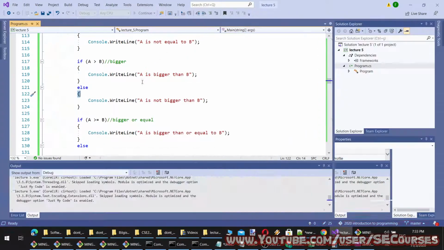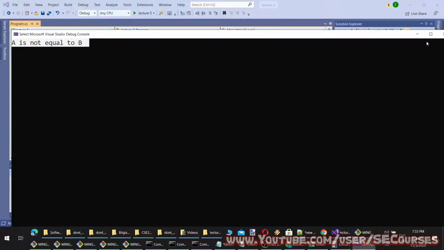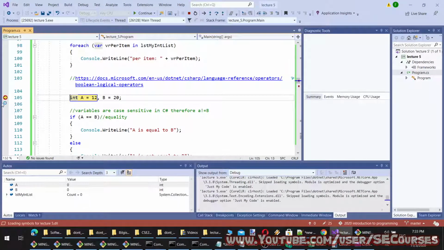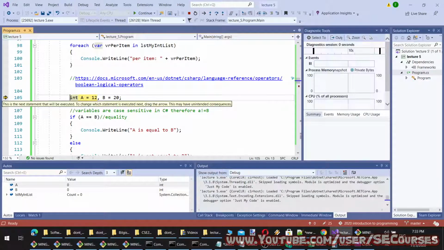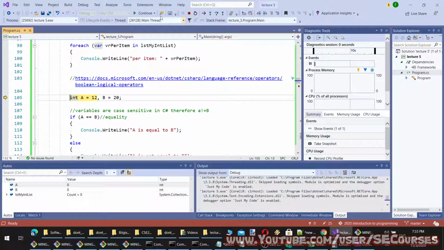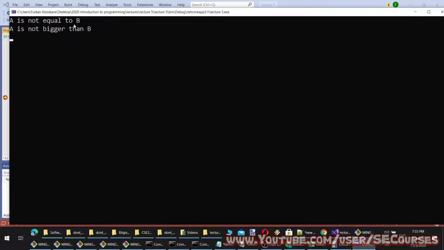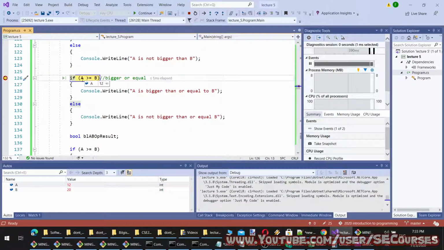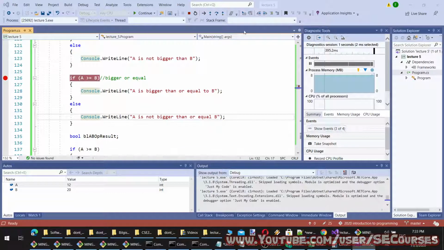I hate these errors. Okay, I'm going to restart. Okay, and let's continue. I have removed this breakpoint and clicked continue. Okay, A is not equal to B and A is not bigger than B. Okay, then I continue. If A is bigger than or equal to B, false, it is not bigger or equal, then this line is printed.